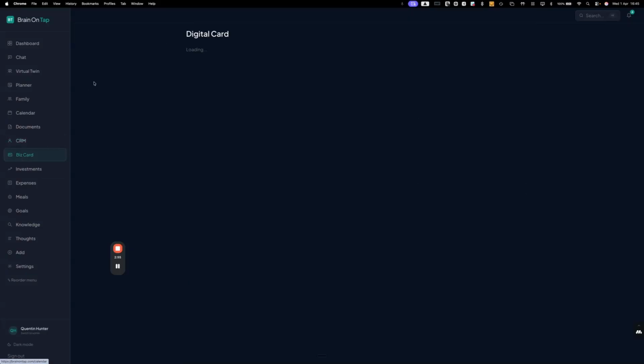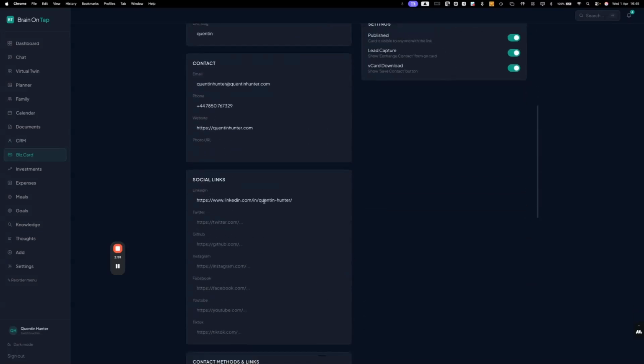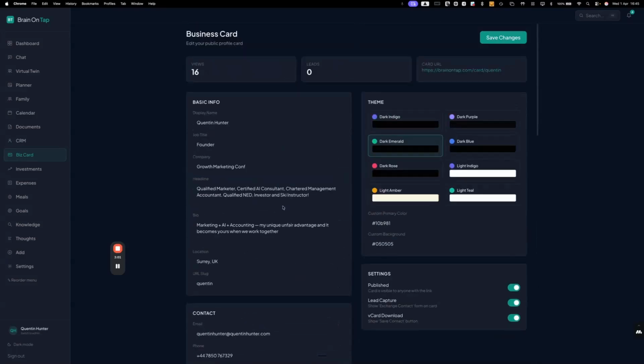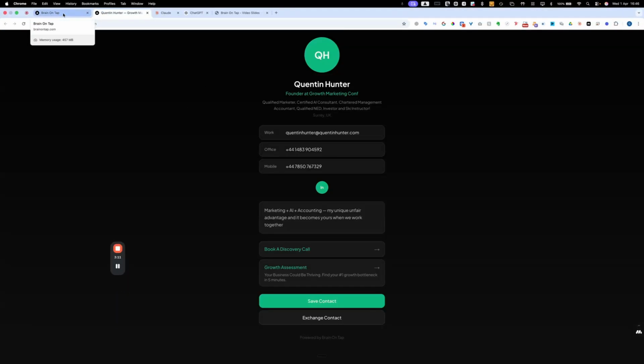We have the biz card area. This again is in beta and still under development, but to give you a bit of a preview, you can put in your contact details, your social media links, and it'll create a mini web page that's linked to a QR code and in the future possibly to a business card people can scan or an NFC card. That is very much under development at the moment, and this will be customized in the formatting or enhanced beyond what we've got here.